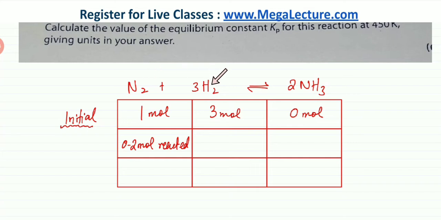And 1 reacts with 3. So that also indicates that if 0.2 moles are reacting, then 0.6 moles of H2 would have reacted with it. So if 0.2 moles are reacting, it's 1 produces 2. So on the other side, what amount of ammonia would be produced? According to the ratio, one molecule reacts, it produces 2 molecules of NH3. So if you have 0.2 moles of N2 that is reacting, on the other side, it's going to produce 0.4 moles of NH3. That's the amount that would be produced.